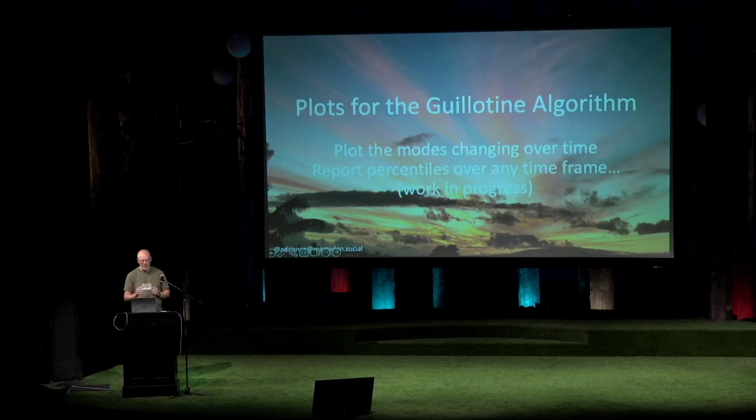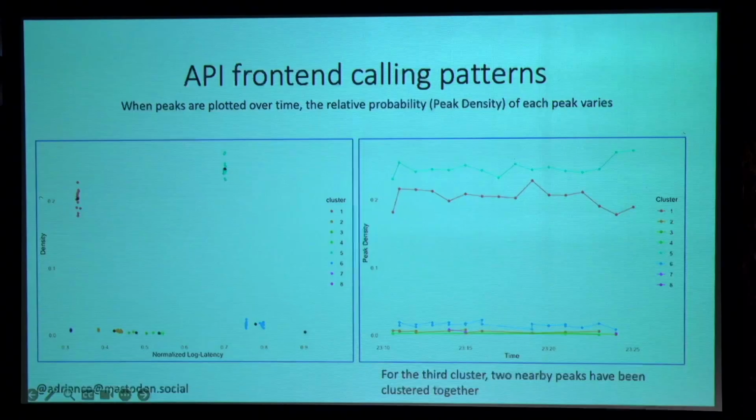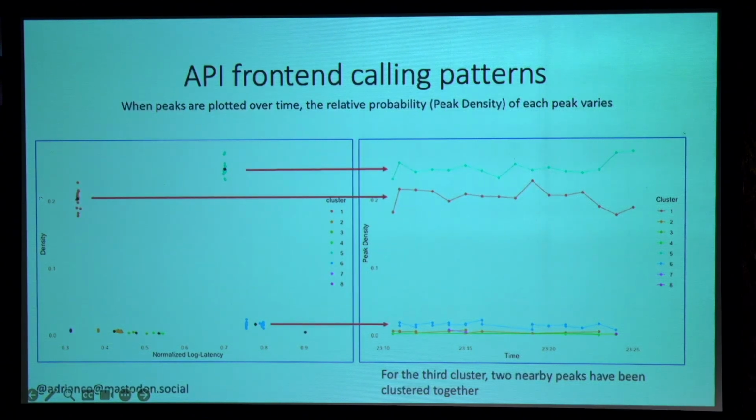So then, and I'm still working on this, if you've decomposed this, you can reverse engineer the actual percentiles over any time frame by reconstructing the distributions. And I've been working on that code. I haven't quite finished that yet. But this is what it looks like over time. So if you look at those little dots on the left, this is the dots sort of moving around. And you can see, they're roughly the same. And then at some point towards the end, the orange cluster drops and the blue cluster goes up at the same time. They sort of diverge. So the ratio of the two moved a bit towards the end of this time.